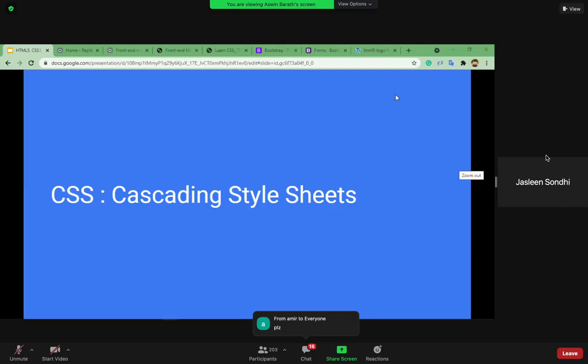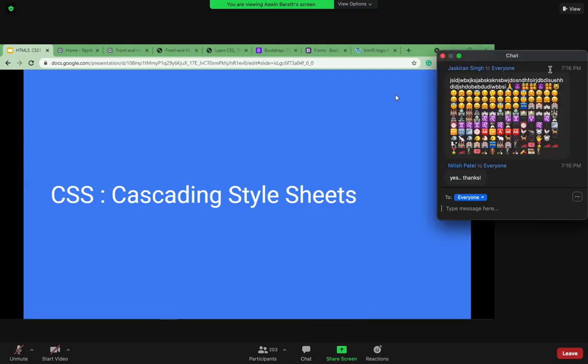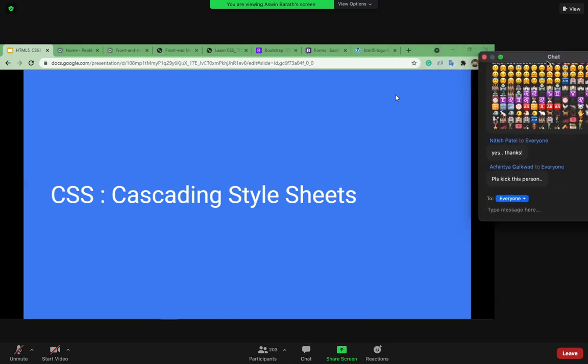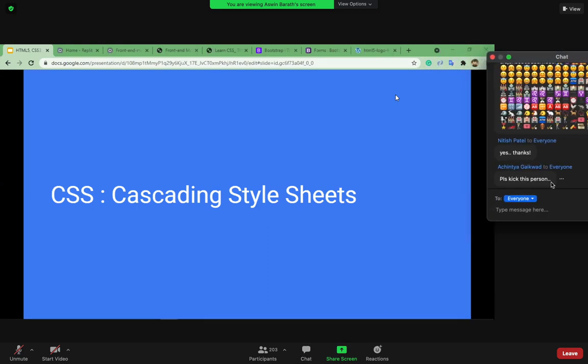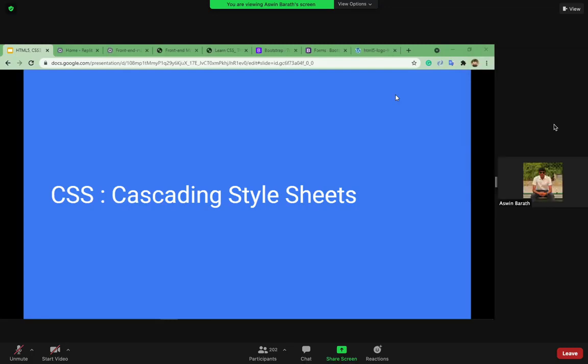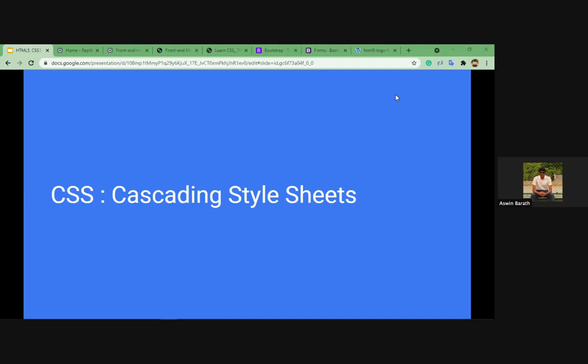Some people are requesting you to finish up with the table that you were explaining in HTML. Okay. So what I will do, actually, when we code the table part, we have to provide some borders to the table. For that, we need some CSS. That's why I came back to the presentation. So let's discuss the basic CSS, and after that we'll go back. Don't worry.